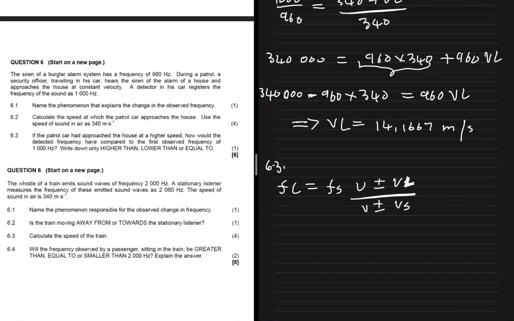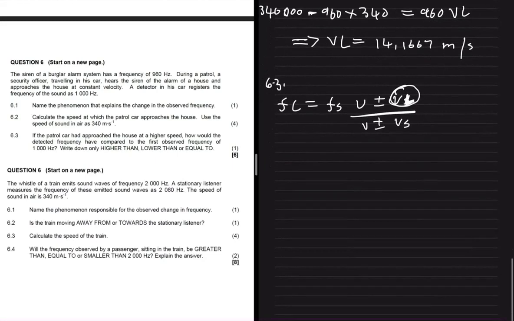So it's saying the car is now approaching at a higher speed. So we're increasing this number here. So we're increasing the numerator and keeping the denominator the same. So if you increase the numerator and keep the denominator the same, then the overall number will be higher, right? So in this instance, the frequency will be higher than